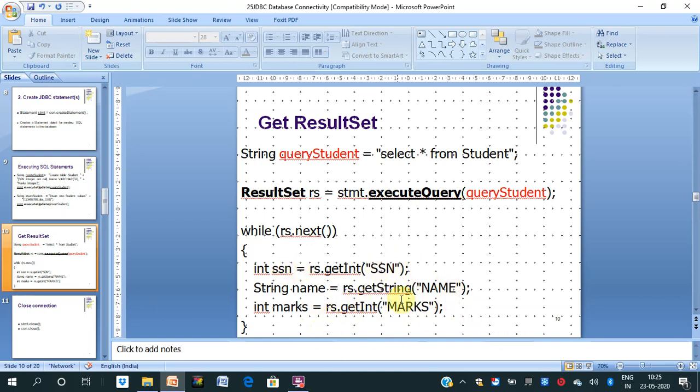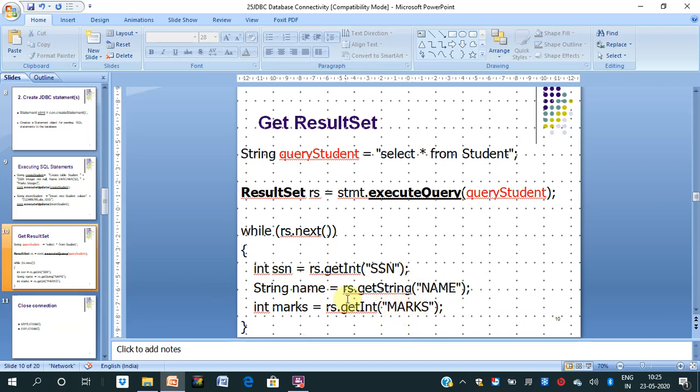We are extracting all these three values and collecting them in three different variables. We have defined ssn, name, and marks, three separate variables in our Java program, and capital SSN, capital NAME, capital MARKS are the three columns of the Oracle table.